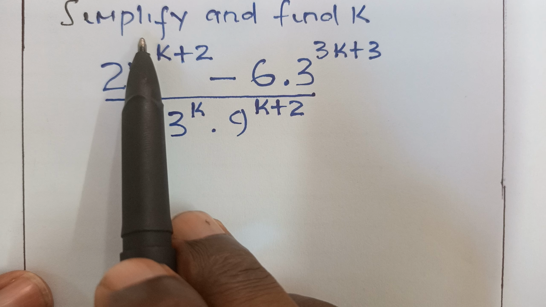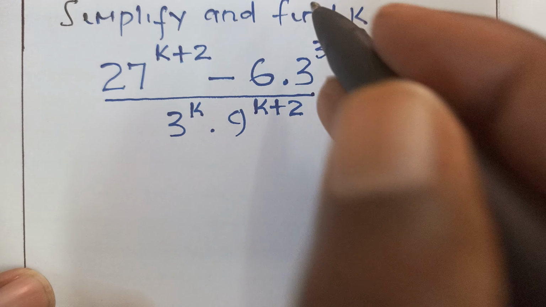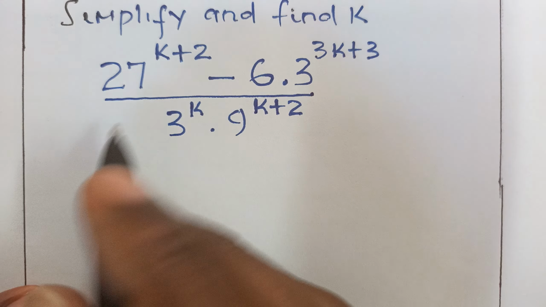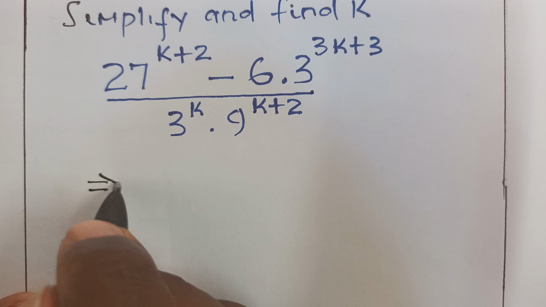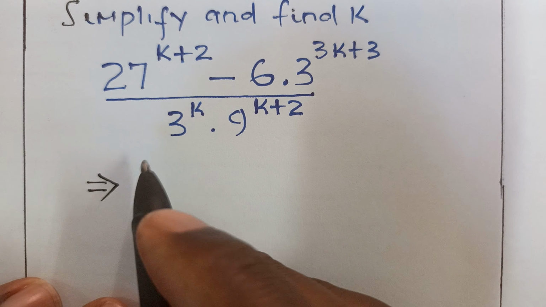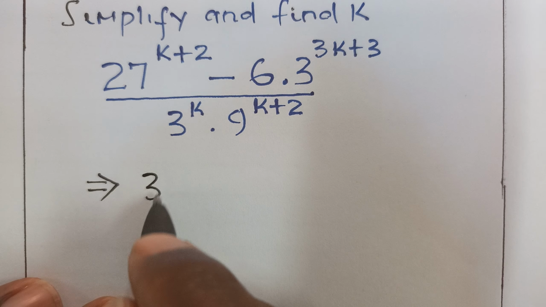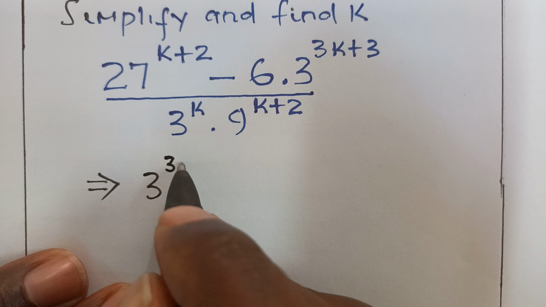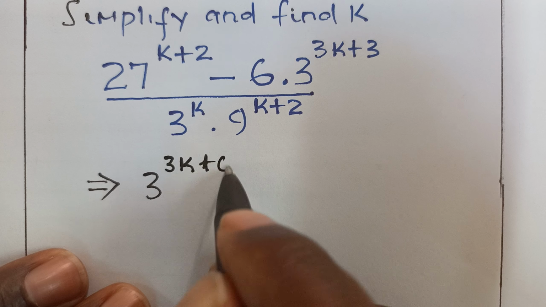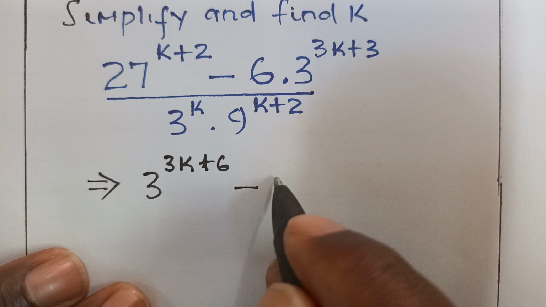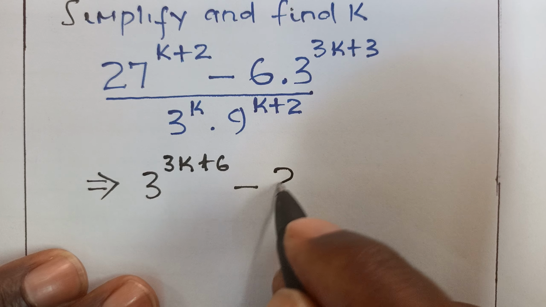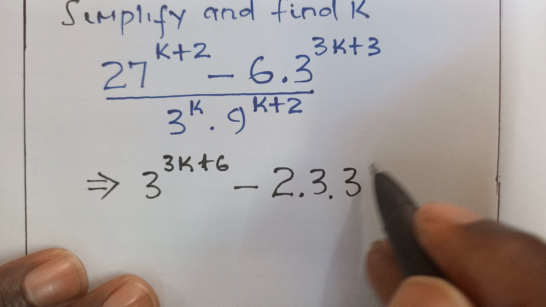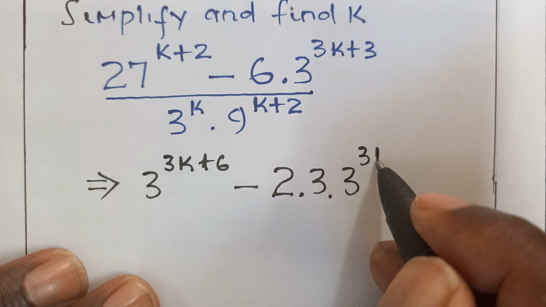I read the question: simplify and find k. So guys, we have a question here and the first thing we do is we simplify. This can be done by writing 27 in the form of its factors, which is 3 raised to 3. We multiply 3 by k plus 2, that comes to 3k plus 6. Now minus 6, and 6 can also be written as 2 multiplied by 3, and then we have 3 raised to 3k plus 3